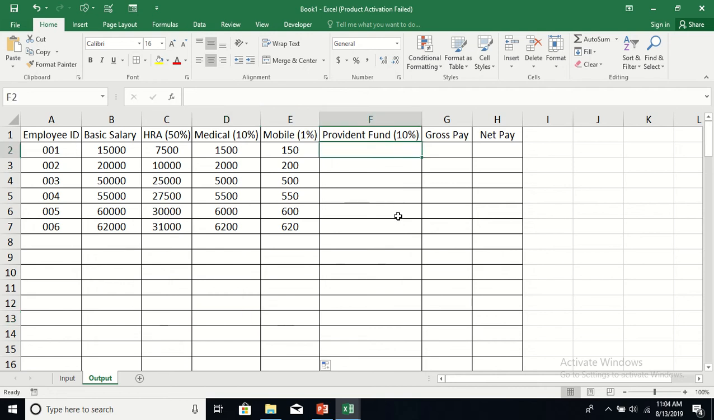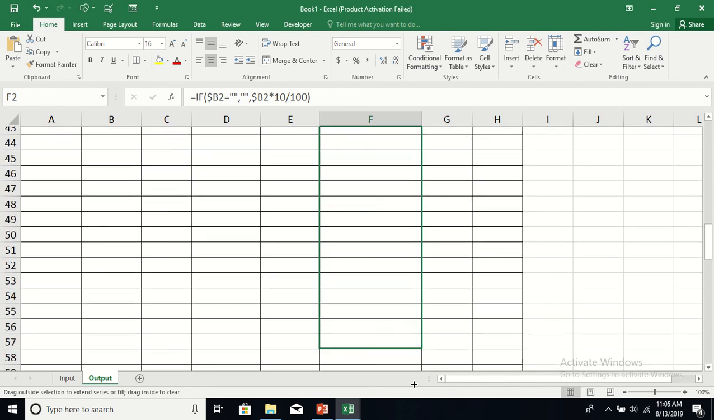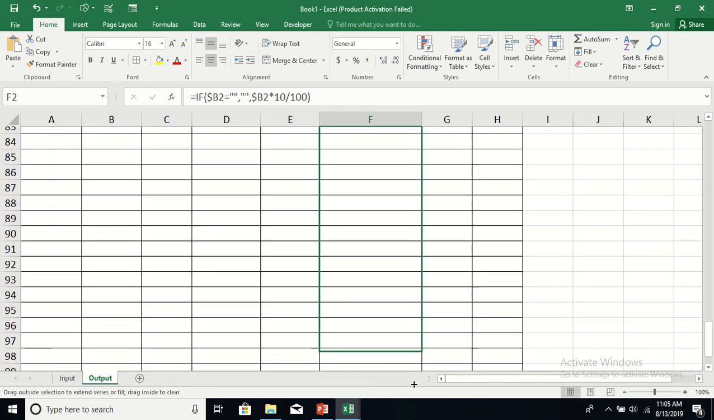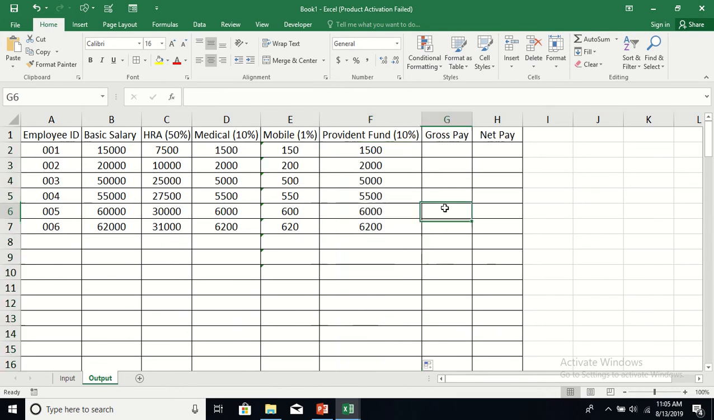For Provident Fund, the employees deduct 10% of their basic salary. So that is a deduction, and we want to copy it now. Piece of cake. The basic salary is still there, fine, and that will be 10%. That will be a deduction from the salary. Copy it down to row number 100. Go back. Okay. So now in order to get the gross pay,